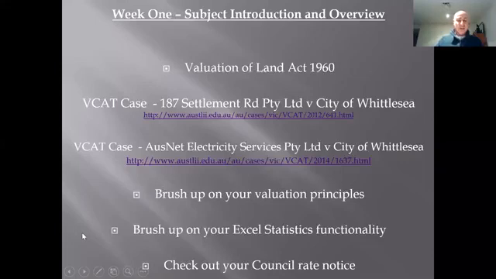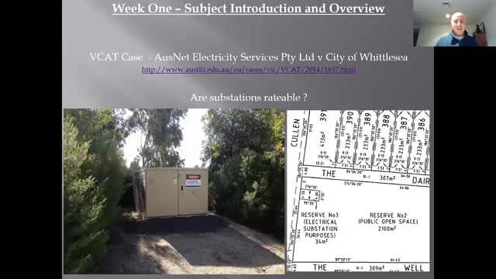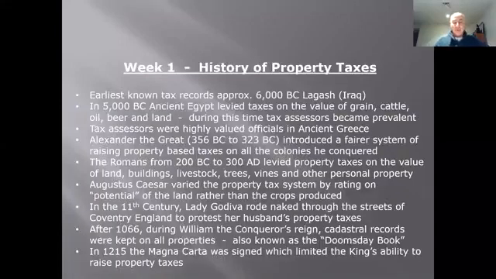And if you have a chance, have a look at a council rate notice, because there's a lot of information that you probably haven't had in the past a need or an interest in looking at. Start looking at a council rate notice and just have a general idea of what information is actually captured in that. There's a link to the AusNet case that I want you to have a look at. Also, in the video of lecture 1, I spoke about